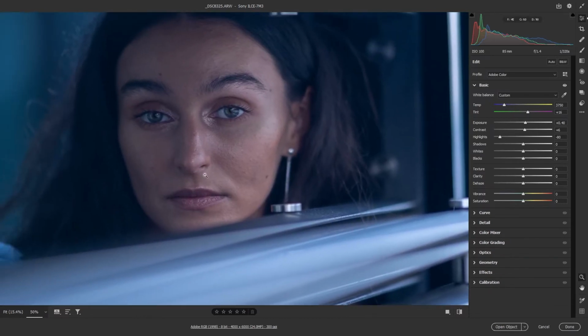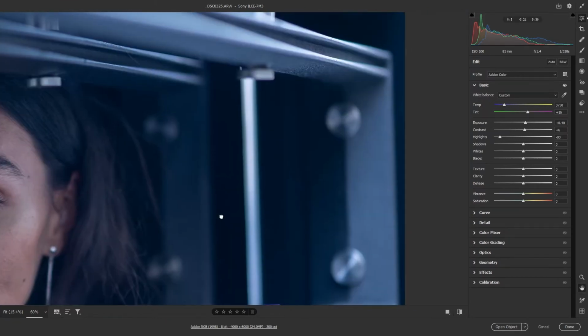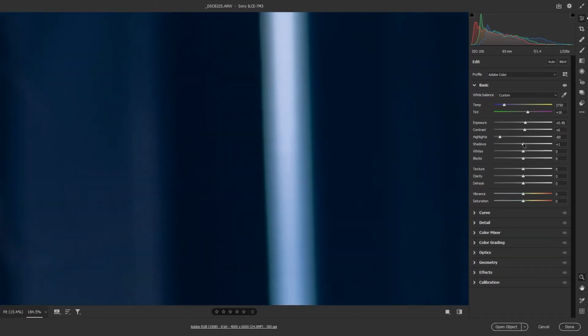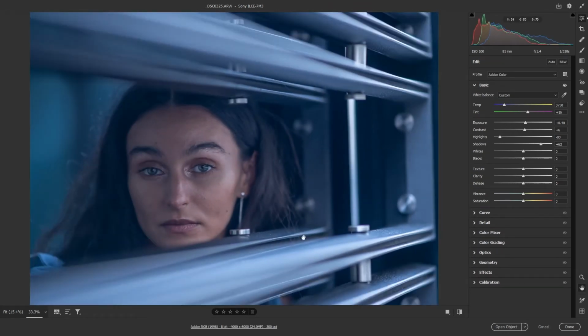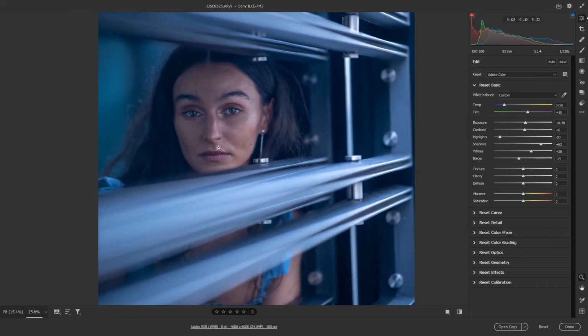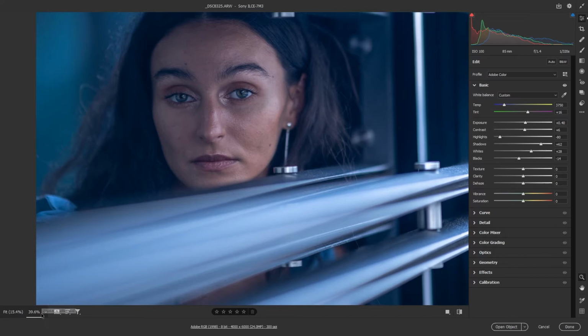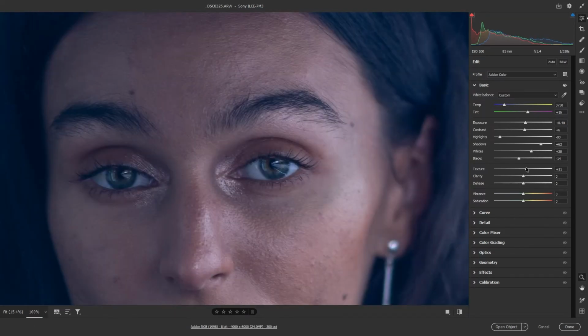Now let's increase the shadows. To increase the details in the shadows, let me zoom into the shadows here. See, these are the shadows. Let's increase the shadows. See, we are bringing back details in the shadows. That is enough. Now let's decrease the white point slider, or maybe increase it a little bit. Let's decrease the black point slider just a tiny bit. This looks okay. Now zoom into the image at 100%. Increase the texture a very tiny bit.